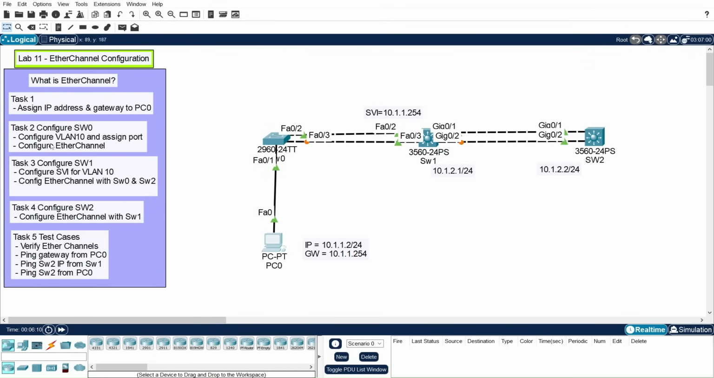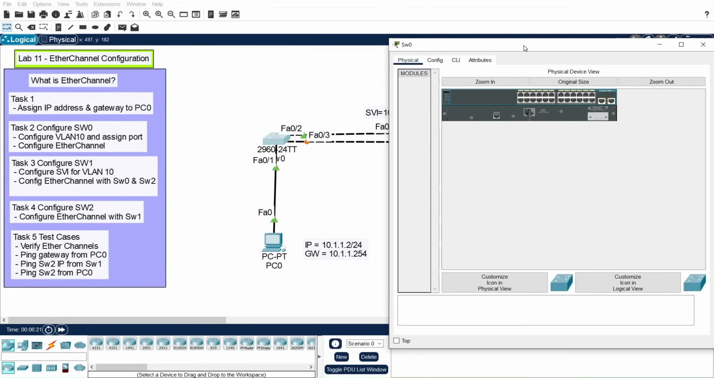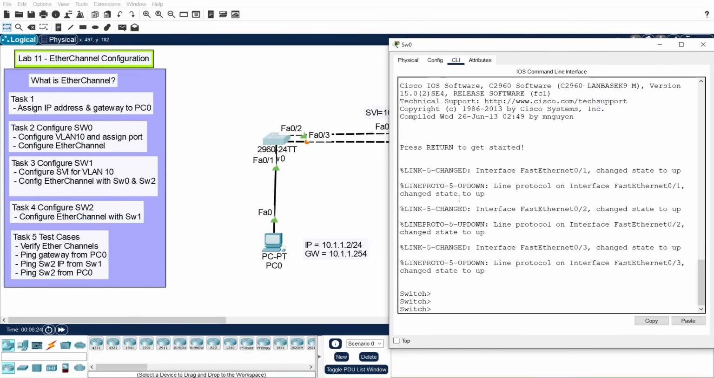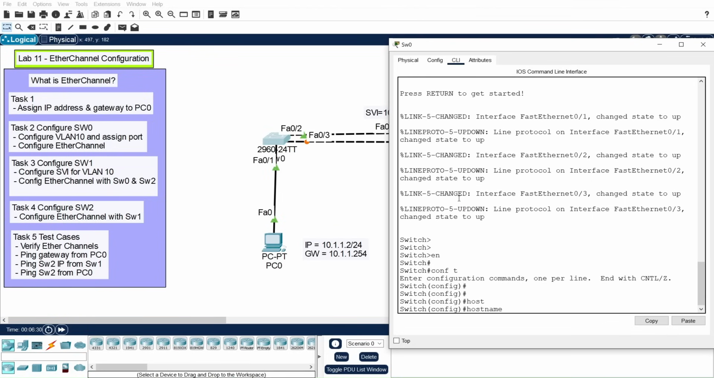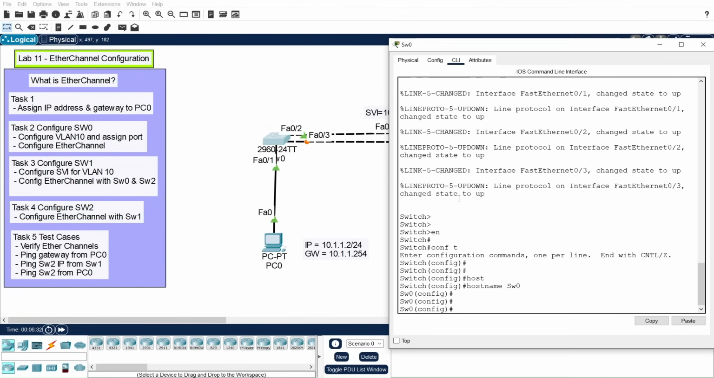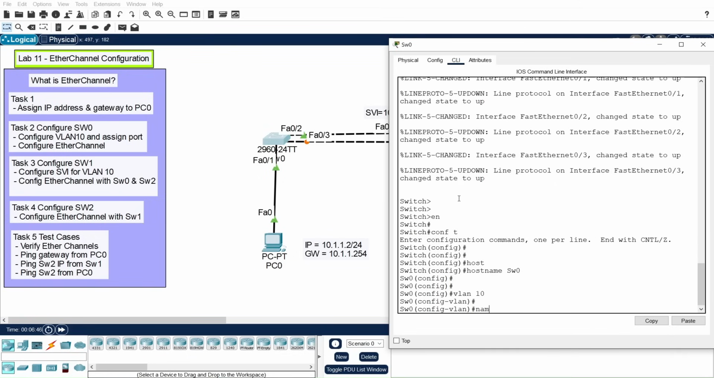SVI. The next task is to configure switch 0, configure VLAN 10 and assign a port to it, and then configure the EtherChannel. So let's get started. Enable global configuration mode. First of all, let me change the host name to switch 0 as per the topology. And the second thing that I will be doing is to create VLAN 10, and let's suppose I will name it as